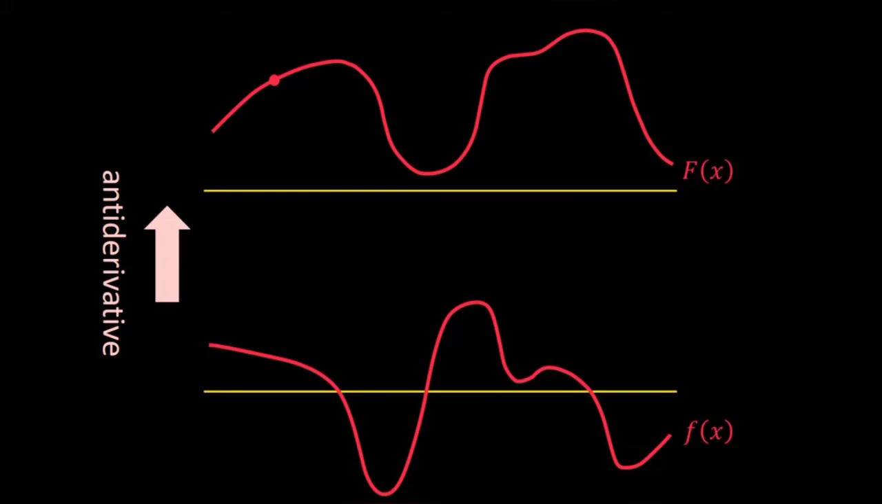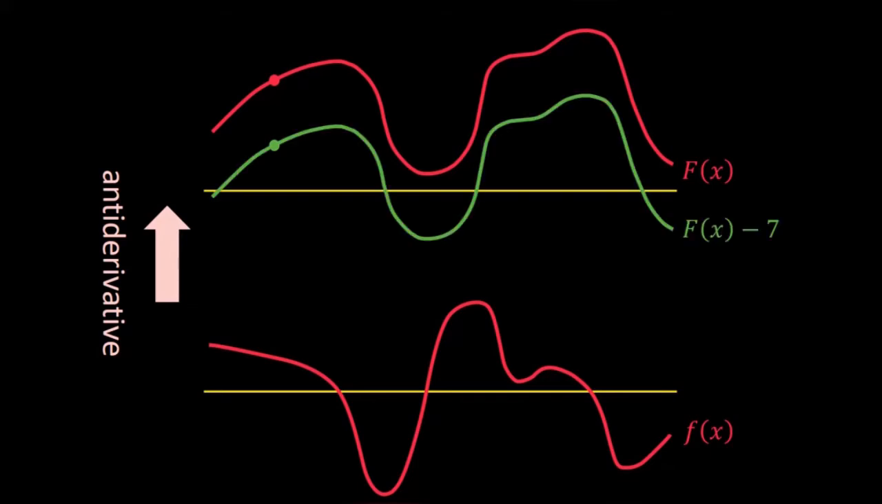We have reconstructed the graph of capital F from its derivative, little f. Again, it's possible to do this pretty accurately if we're careful in our measurements. But again, the graph of the antiderivative depends on which starting point we chose. If we start with this green point instead of the red point, it will shift the entire graph of the